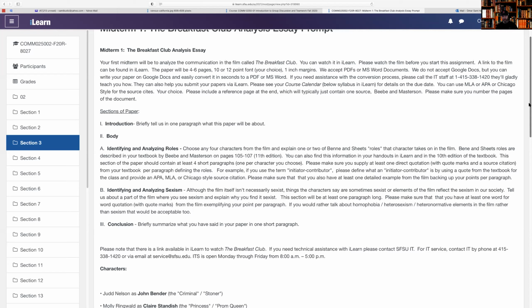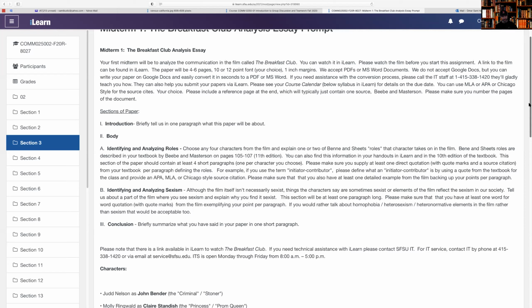But yeah, definitely don't assume that the reader necessarily can. Maybe assume they have watched the movie once, but they're not that familiar with it. They might need more description, or maybe assume they haven't watched it at all, actually, would be better. And then assume that they also have not read the book. So you're letting them know what it says in our textbook about roles, and you're also letting them know what happened in the movie and how you're applying those 2 things together. All right, so that's that section where you go through the roles, explain what roles people take on, define the roles, and have an example of them taking on that role, 1 for each character.